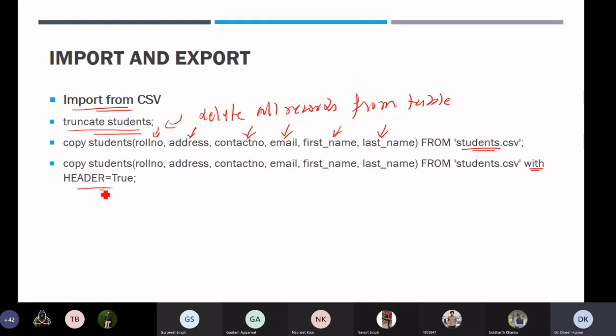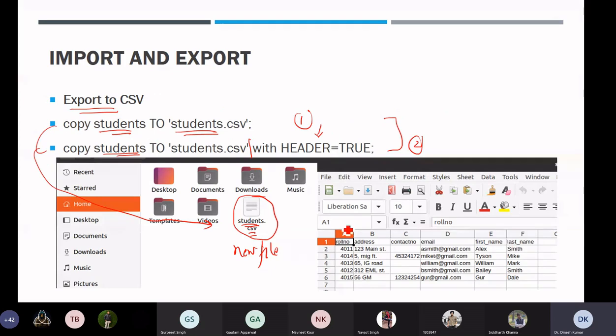What it will do is populate this particular table again with the records which are there in my CSV file. So both ways, you can export from Cassandra to a CSV file by using COPY TO, and by using COPY FROM, you can copy the data which is stored in a CSV file residing on your disk into Cassandra, into the table. Here this is the name of the table into which you will copy. Fine.